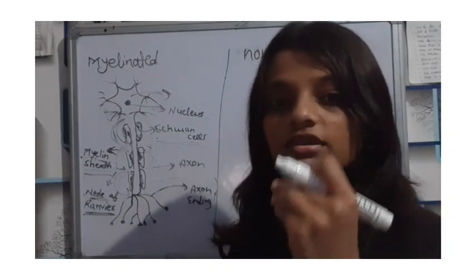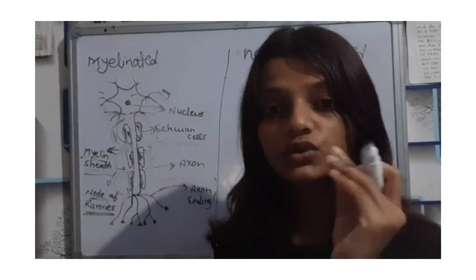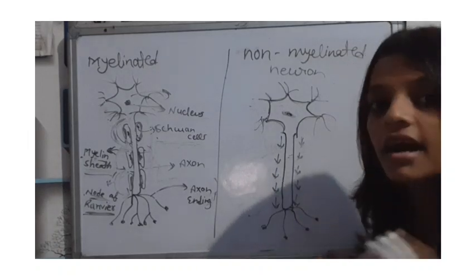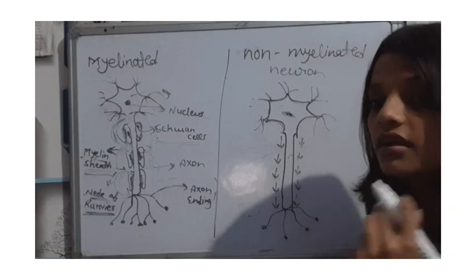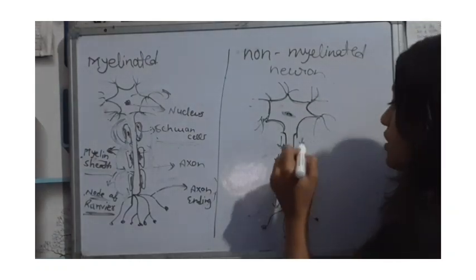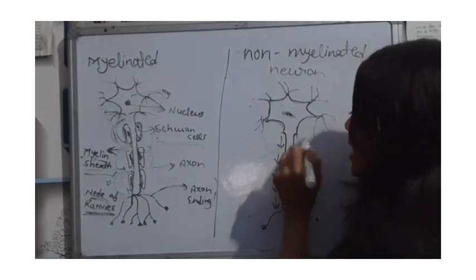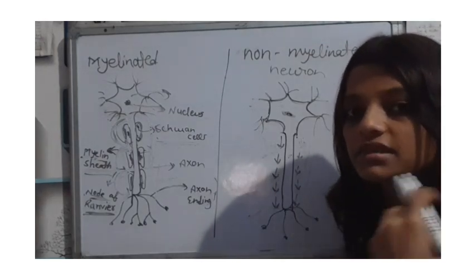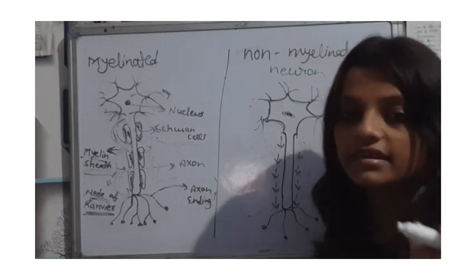And the velocity of a nerve impulse in a myelinated neuron is 120 meters per second. Meanwhile, in a non-myelinated neuron, as there is no myelin sheath, the electrical conduction happens in a continuous way. So it happens at every step, at every position of the axon membrane. Electrical conduction happens continuously, polarization, depolarization, repolarization, and it takes a lot of time